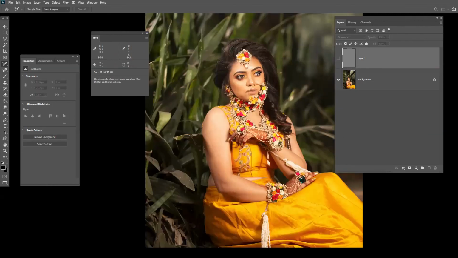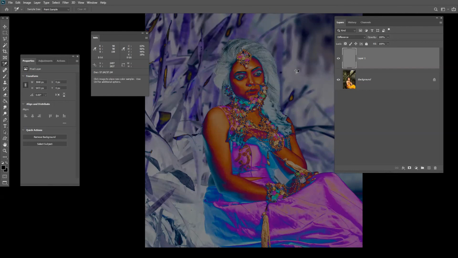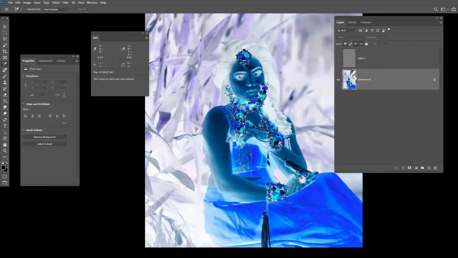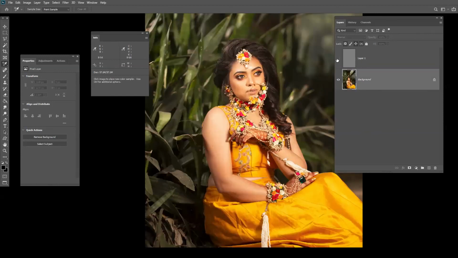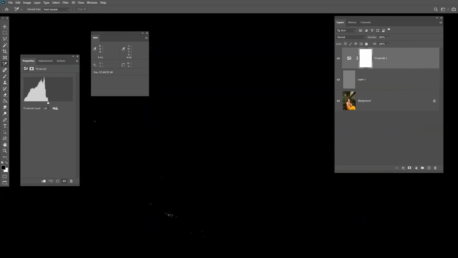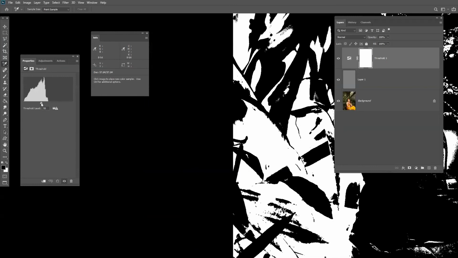As there is a presence of black there, we find a whitish gray color. And here there are colors which are opposite to the given colors. If we invert the image, more or less we get this format, but in difference it shows the opposite color difference. Okay, so next after that we go to threshold. In threshold we try to bring out a cluster of colors as a reference for our white balance.